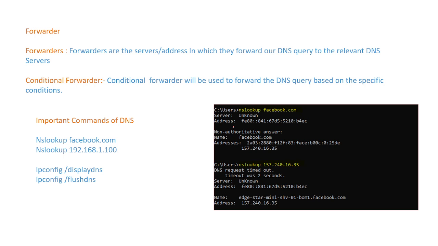And some commands are there for DNS, which is nslookup facebook.com. I just told you, if you want to know the name and IP address of a domain, you can go to command prompt and type nslookup space domain name or nslookup space IP address. I just showed you how to put nslookup facebook.com. And ipconfig /displaydns to see the cache, and if you want to clear the cache, say for example